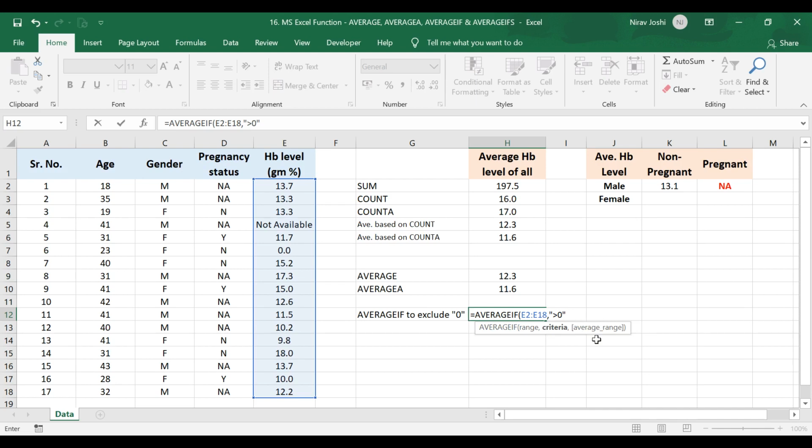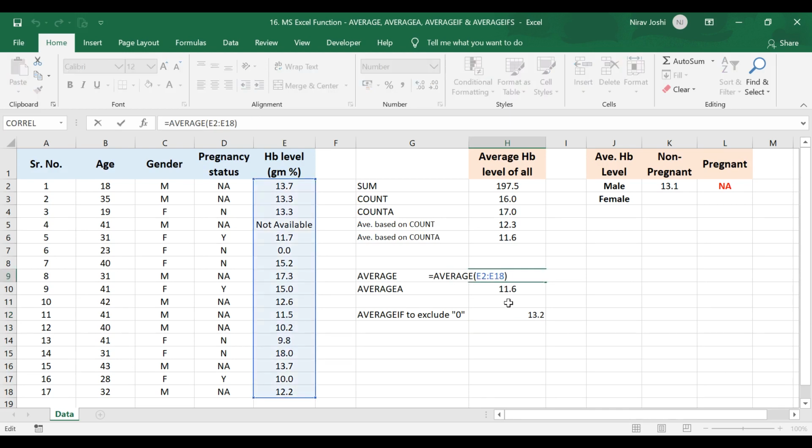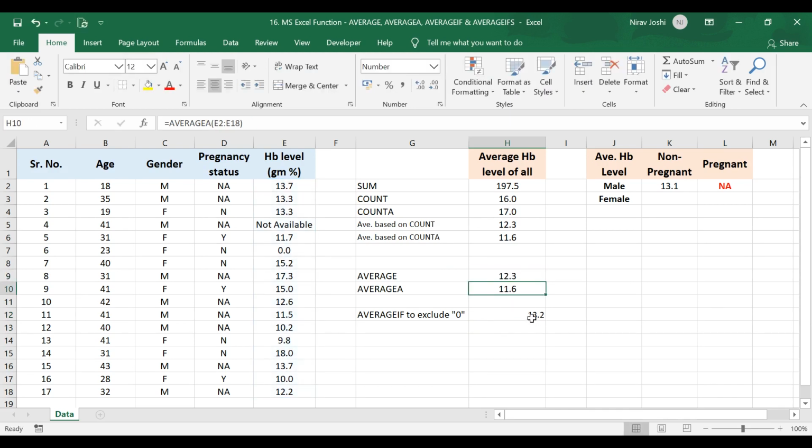If we do not provide the average range, as it's optional, it will automatically take this range to calculate the average. So here we will get the average by excluding this 0 value. It will be different compared to the AVERAGE function in this calculation. That is how we can exclude some numbers or data by using the AVERAGEIF function.